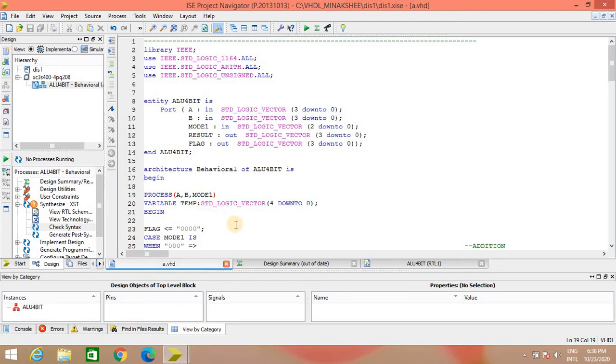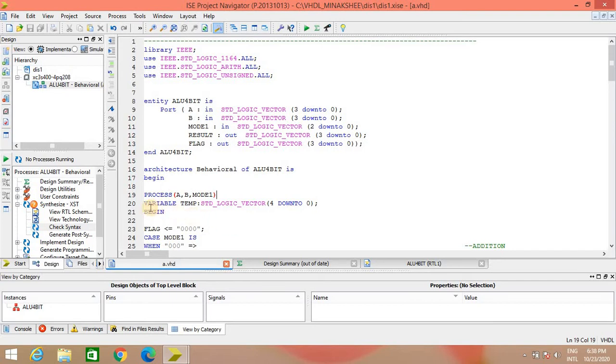Now, as we have to do arithmetic operations like addition, we know that 4-bit addition can generate a carry, which will be my 5th bit. To accommodate that carry, I require a register of size 5 bits.